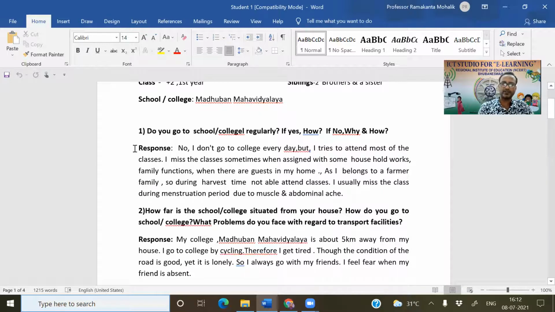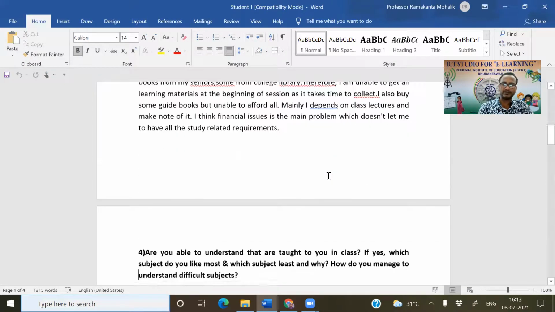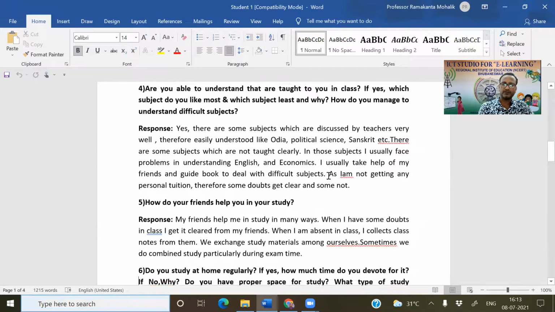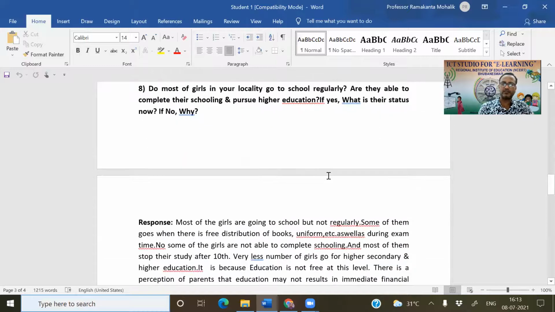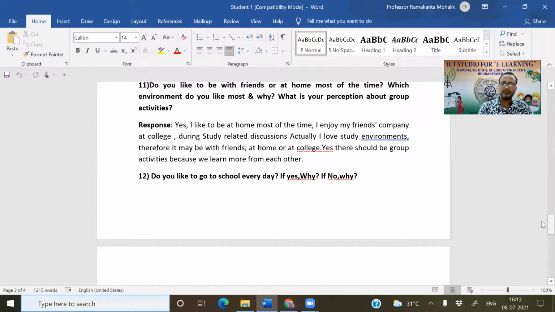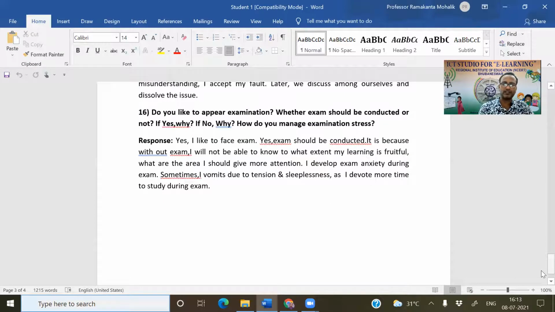Then these are the responses given by a particular student, and I have transcribed it. And if you see, this is the entire transcription. I think total how many questions are there? Let us see. There are total 16 questions.